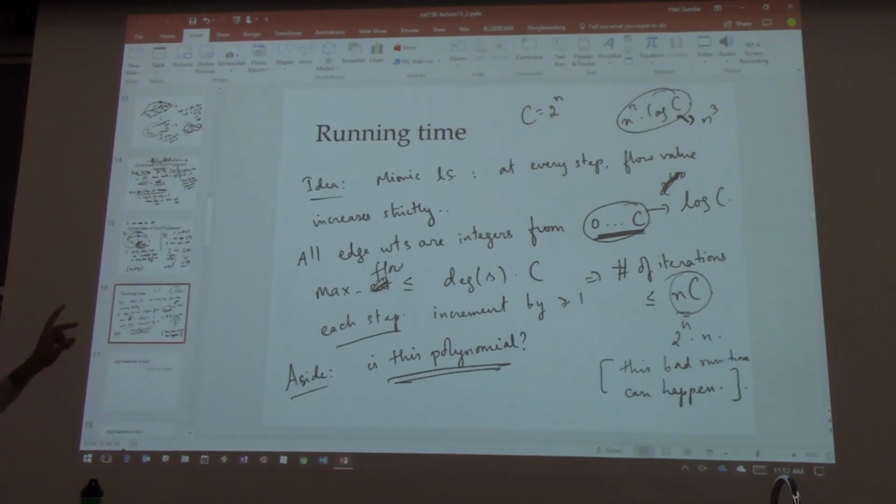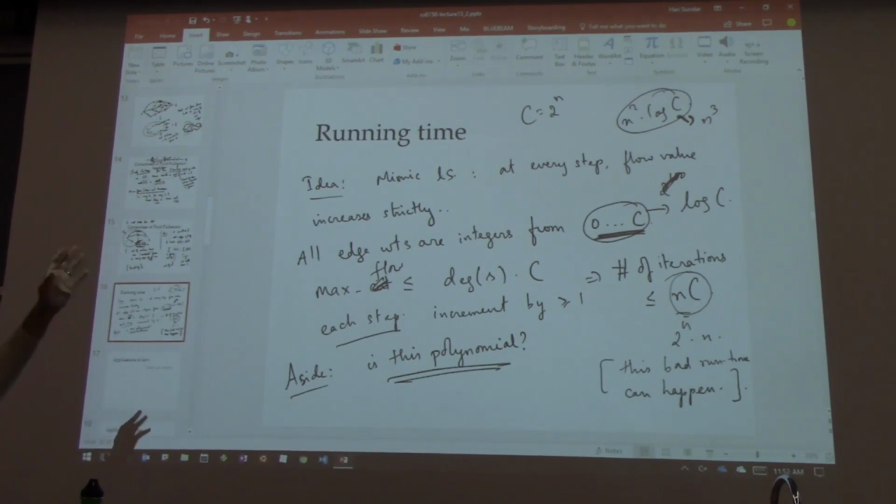Okay. And also, if you actually take the shortest length augmenting path, where length is the number of hops. It sounds surprising, but that actually also works. Okay, then you don't even get some dependence on log c. You just get poly n. So that's another nice fact. Okay, but let's not go into that.